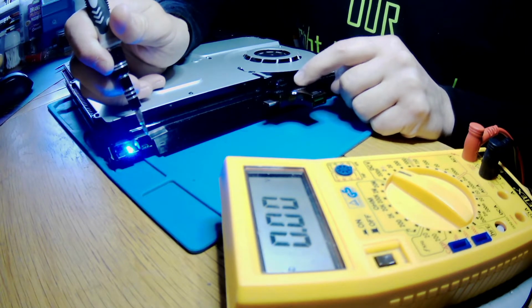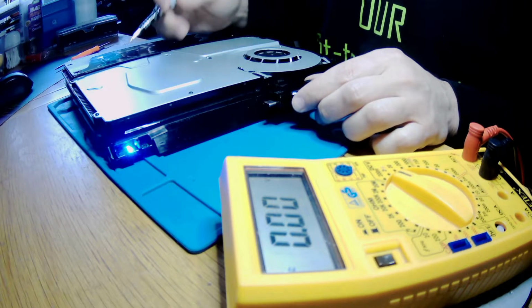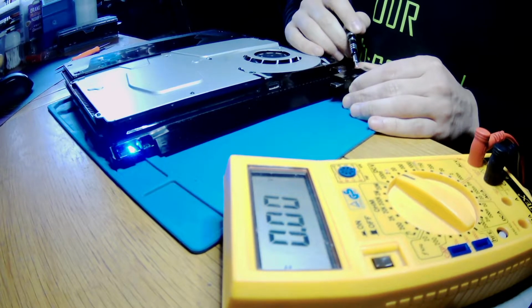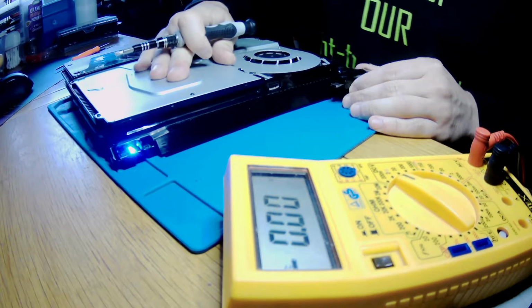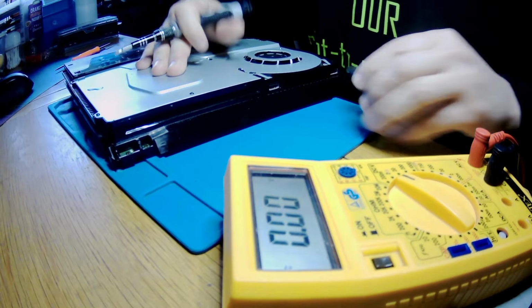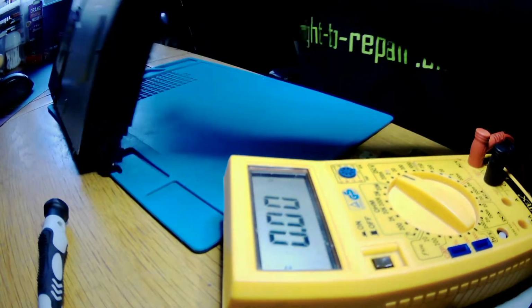So that's dead. We don't have 5 volts, okay? It's black, it doesn't give anything. The same with the second one. It should blink at least, yes? And it's not. So that means we don't have 5 volts. 5 volts missing rail. And what I found as well off cam